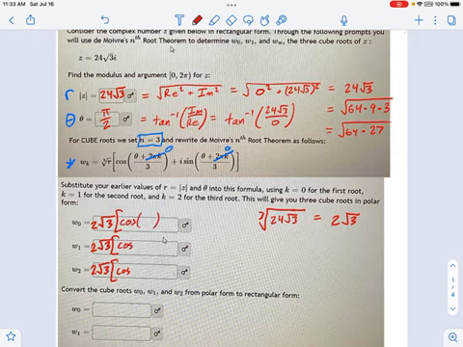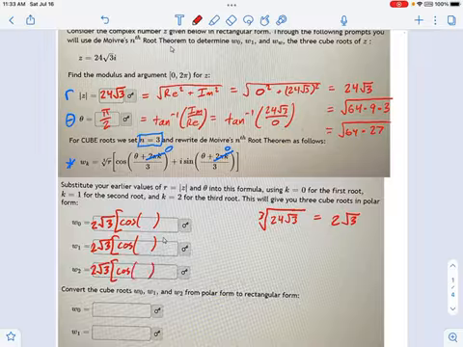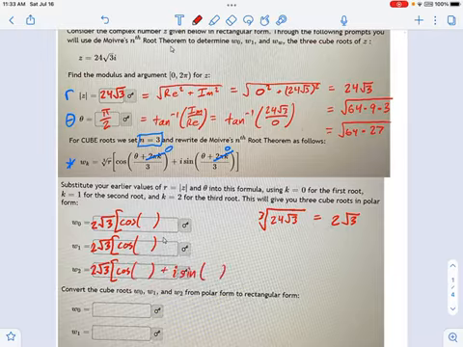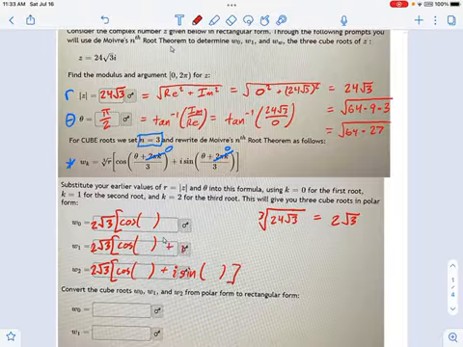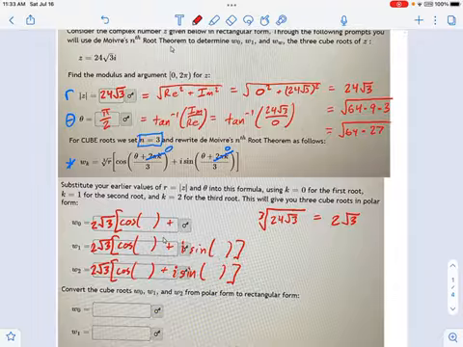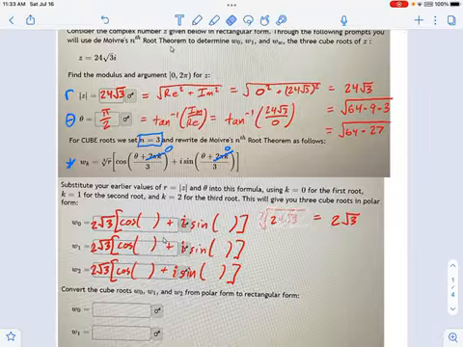Okay, what's this angle going to be right here? This angle is going to change for each of them, but the form is going to be pretty much the same. Then you'll have i sine for each of them. Okay, and one more i sine for the first one. Okay, great. So let's go find that angle.